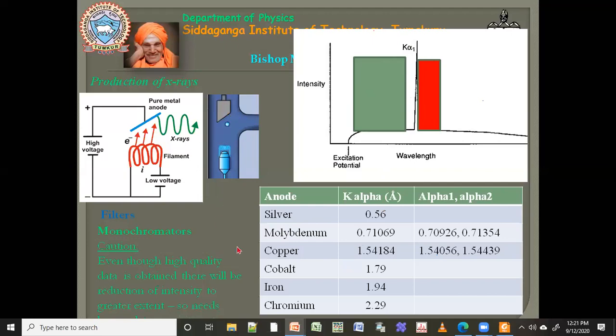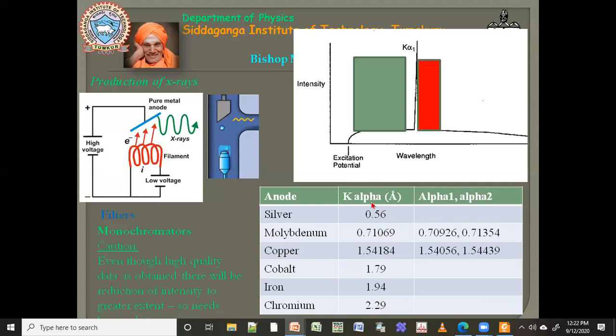Okay. So then there are different sources like silver. The wavelength is different, 0.56. When I say silver, only the anode is going to change. Here if I say copper, then they put a copper metal here for the anode. If I say silver, then they have to put silver. So now you know, if I use a silver X-ray tube, then the cost will be very, very high. Even the same for molybdenum, because I have to put pure molybdenum on this part. Same thing for cobalt, iron, and chromium. So you just replace this with the respective metals. Then you get a different wavelength.